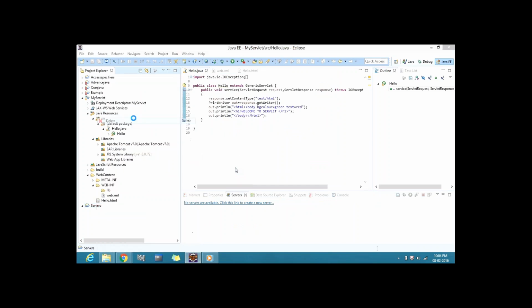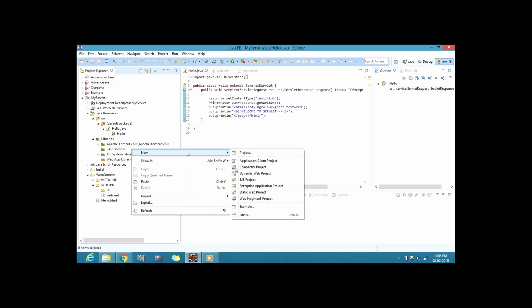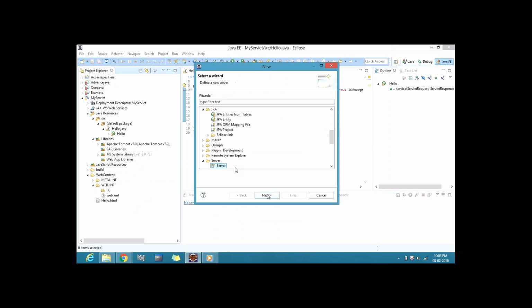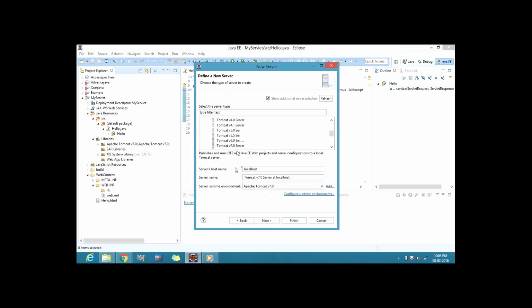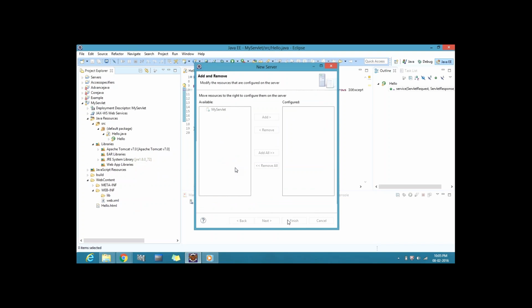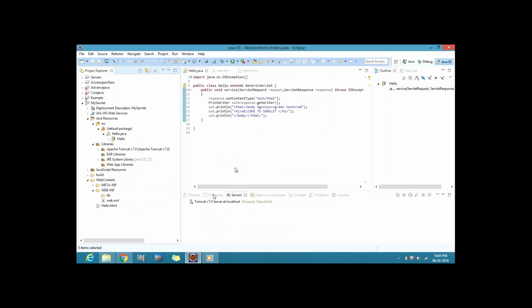Once again you add it. Wait, don't do anything. Double click now. No, not there, here. Double click.